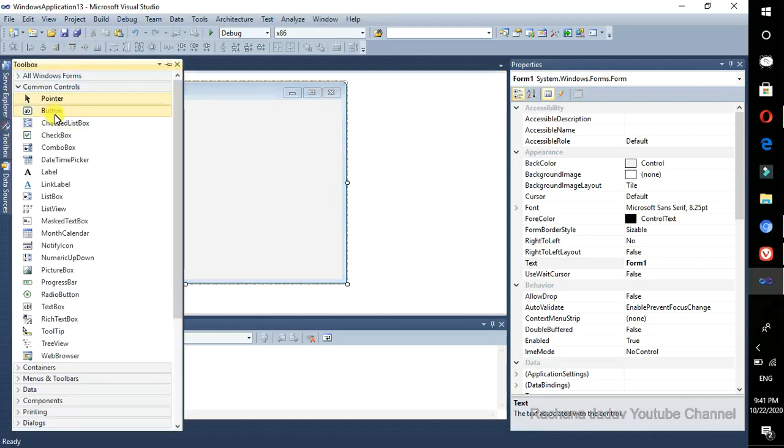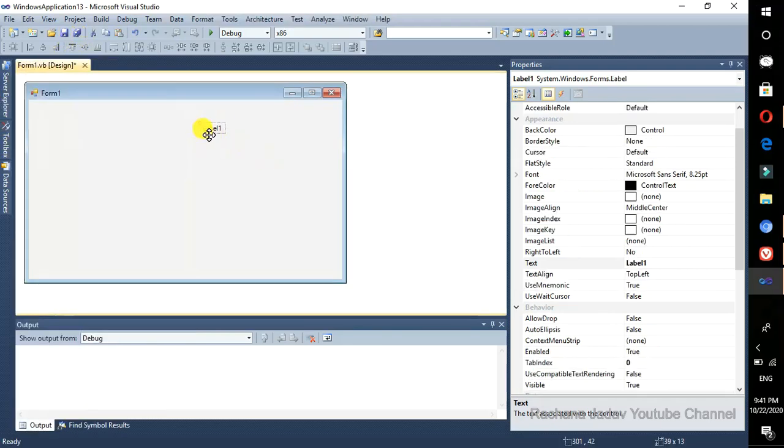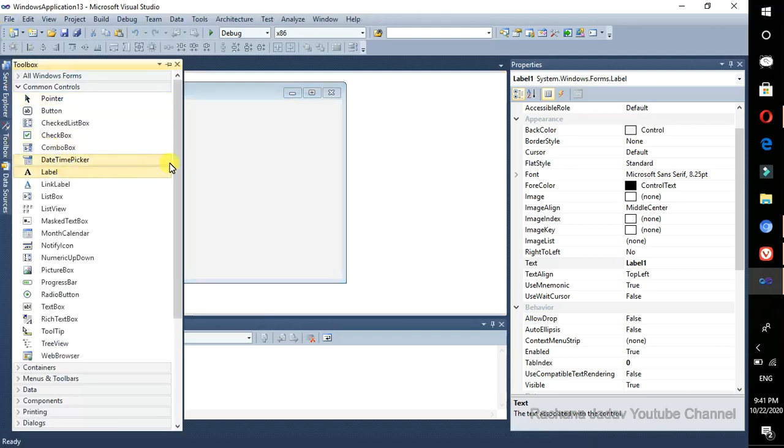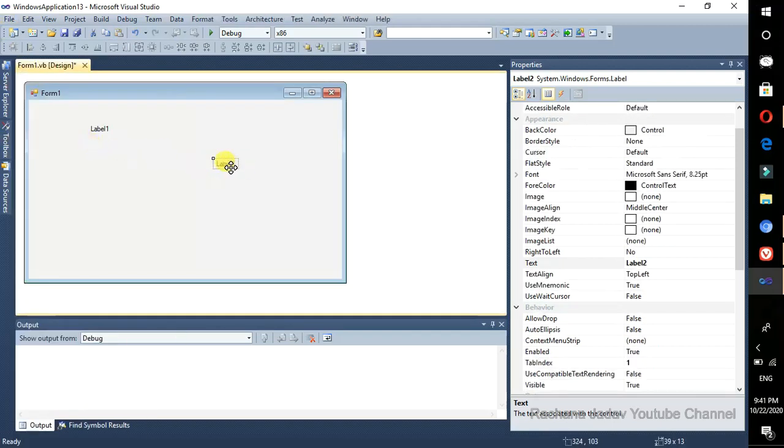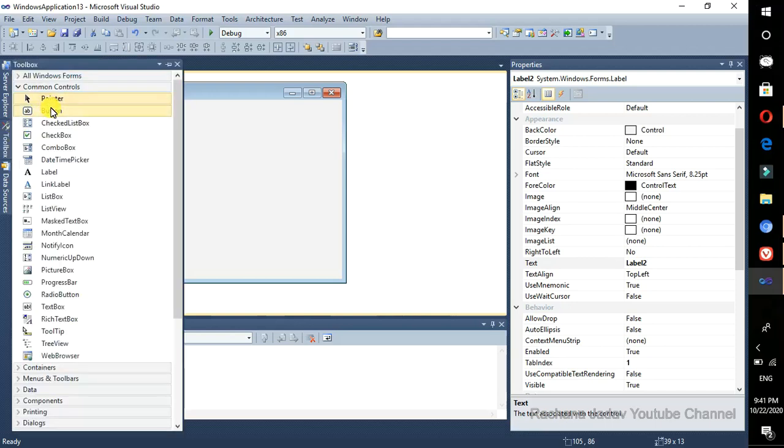So first of all we will take the label. Why do we have to take this? Because we have to do the programming in which we are going to enter the name and the age of the person, and then we will check that with the button.